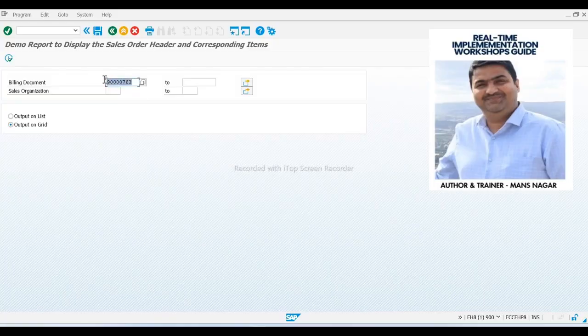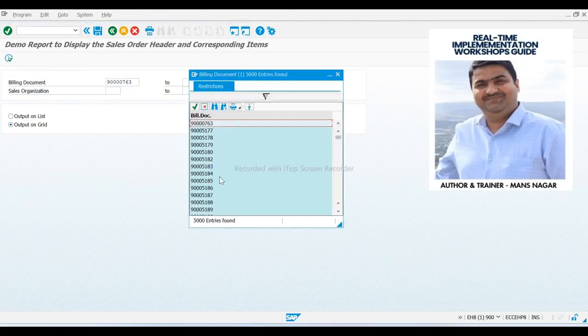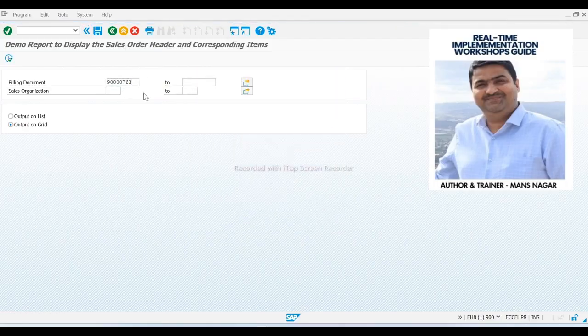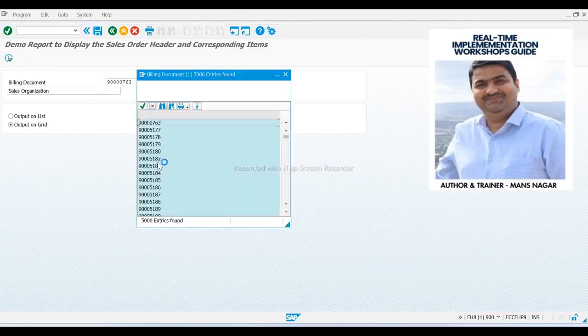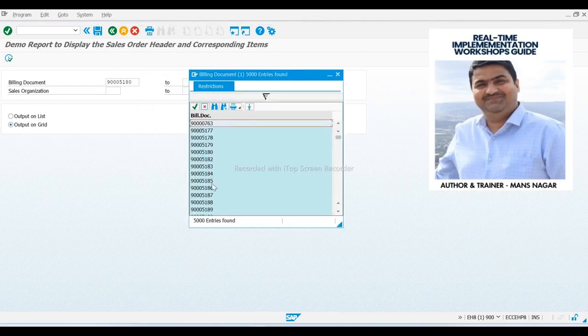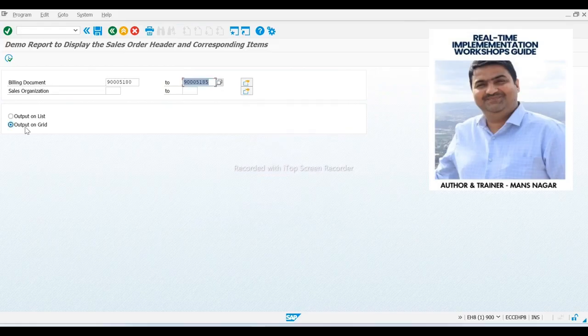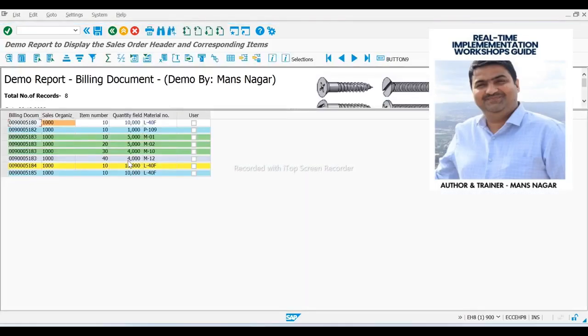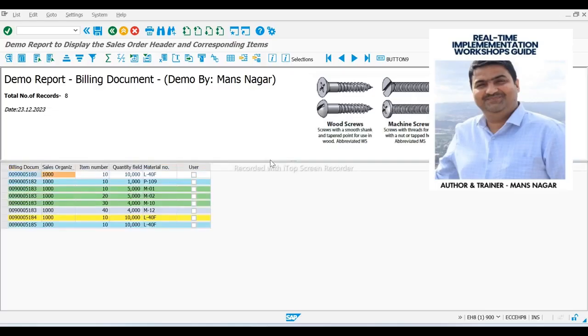So on the selection screen at runtime, the user gives the input billing document number, sales organization, or billing document, like one document, or in between. I want to get the billing document number in between 1802 184. I'm sorry, 185. And I want the output in the grid format, and I will click on the execute button. The record will be displayed in the form of